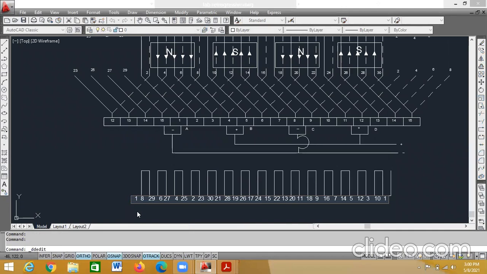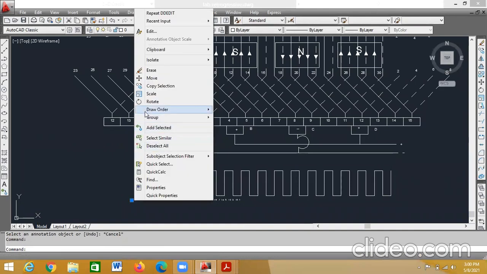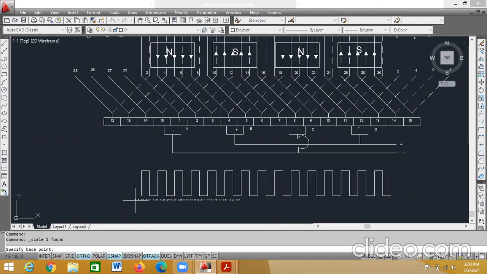We'll try to adjust this. We'll see 2 is okay or what. We'll increase further. Go to scale.